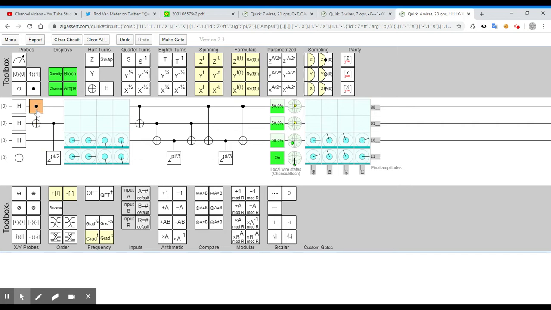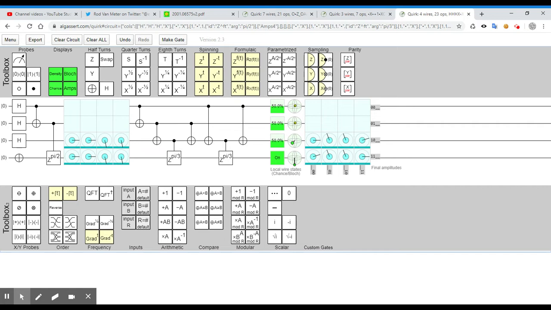So if the control knot makes this a 1, it means there's either a 0 1 or a 1 0, and so then you want, oh, I know, but maybe